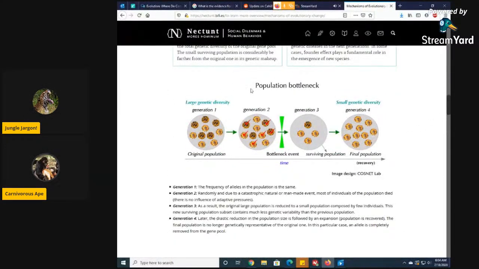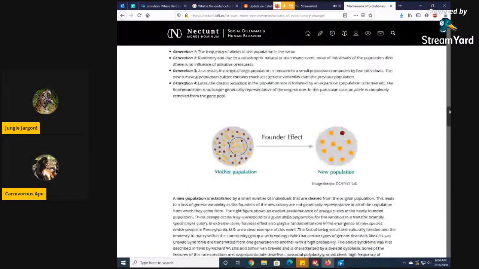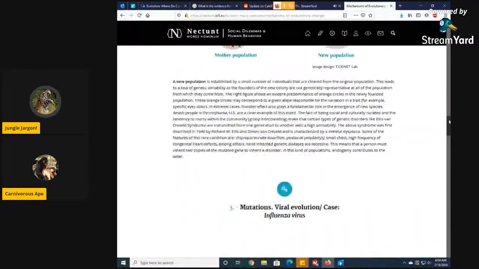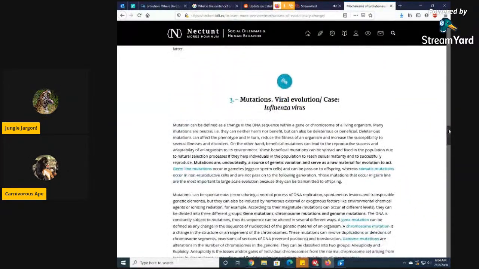Let me see. A population bottleneck is indicated anytime there's a bottleneck event. Basically, anytime a species drops down to a certain number of individuals, it would slow down the evolution. Okay, yeah, but you've also got inbreeding and certain issues like that that have to take effect. Yeah, and the easiest bottleneck that we know of is the cheetah. Not only does it slow down the evolution, it threatens the species.